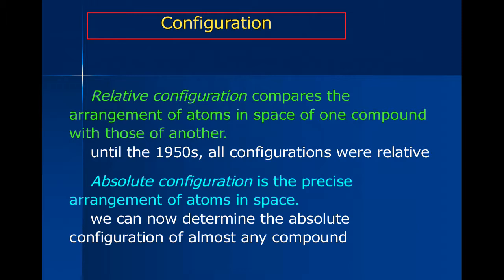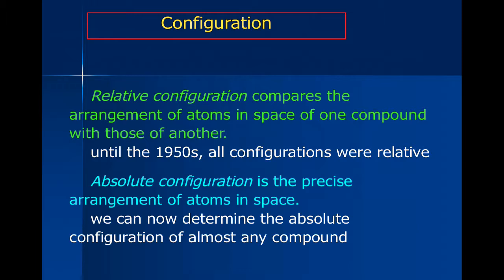Now, until the 1950s, all of these configurations were relative to a natural molecule. We didn't really know where the natural molecule had specifically its elements in 3 dimensions exactly. But we knew that other molecules relative to it were either similar or not. And so that's where the D and L system came from. In the 1950s, there was a breakthrough in X-ray crystallography. Does anybody know anything about X-ray crystallography? There's one really famous example you should know something about, especially my biology friends. Yeah, that's right. The determination of the helical structure of DNA was done by